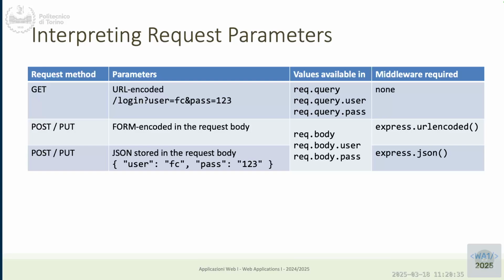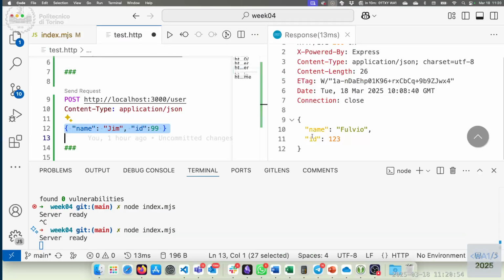In that case, it will take the body, parse it, and request.body will contain the JavaScript object corresponding to that parsed string. For example,